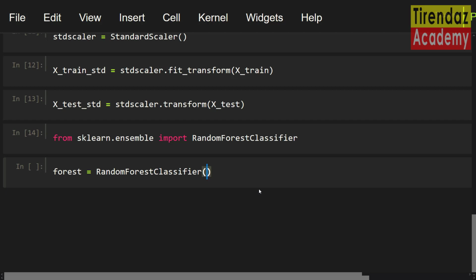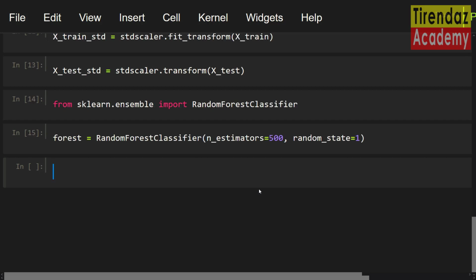To train a forest with 500 trees, let me set n_estimators equals 500. I'm gonna use random_state, let's say 1. Okay, we have an instance. Let's assign the input features to a variable to use later. feat_labels equals df.columns[1:].